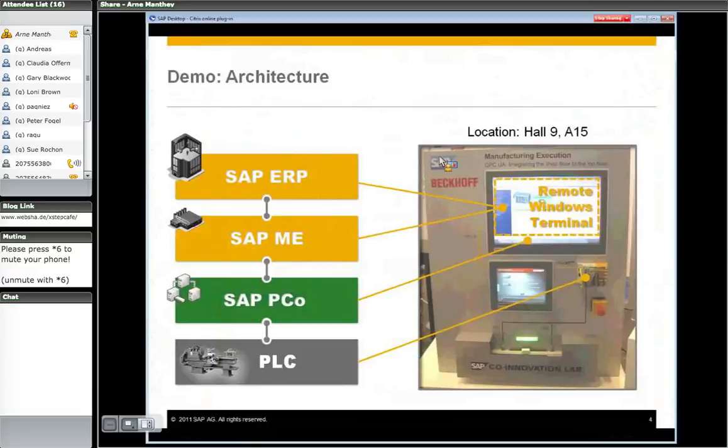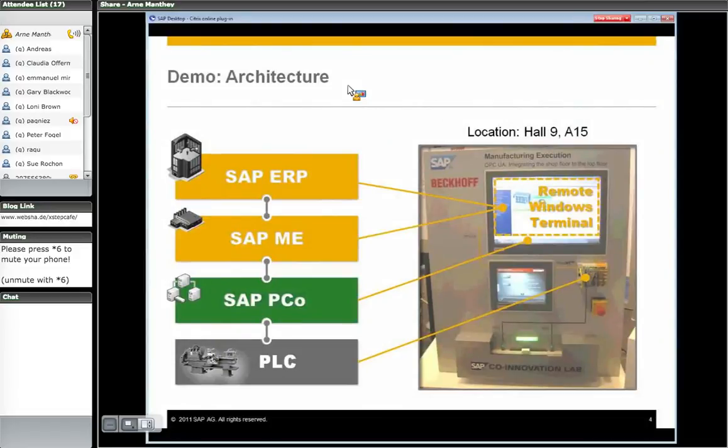Arnie, just a quick question. Are companies implementing this, or are you still developing this? Yes, actually, we have a German customer in the wind energy area where they had an ME project ongoing, and first they wanted to go with OPC DA. Of course they wanted to use Pico as well to integrate SAP ME. Then we demonstrated how easy it is to set up the OPC UA connectivity,